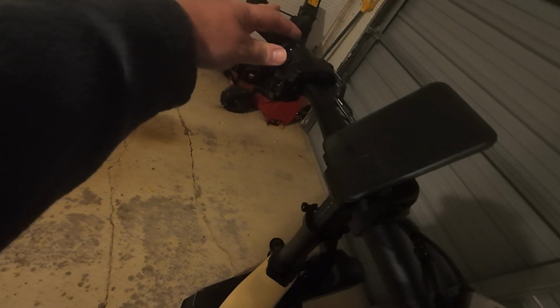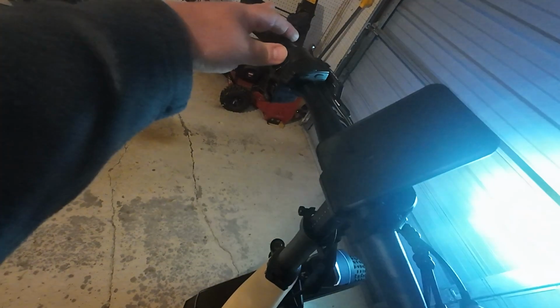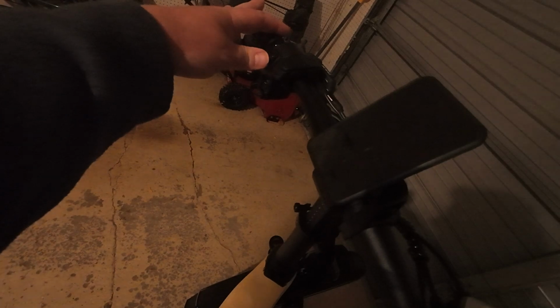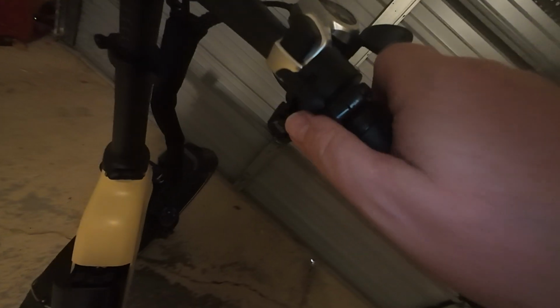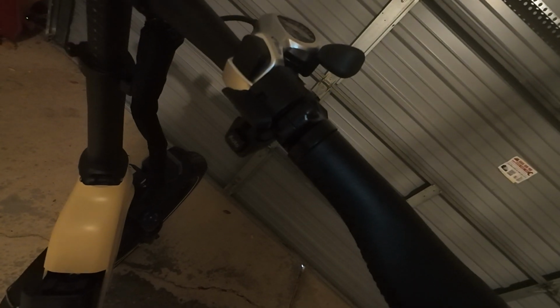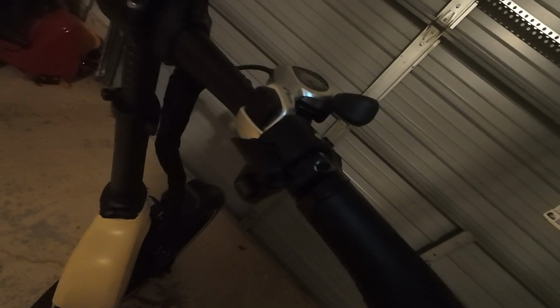So the Horizon has a manual switch for the headlights on the controllers, and it works whether the bike is turned on or not. You can see the bike's turned off right now, and the headlights will still come on. It also has another button for the automatic headlights, which is over here under the throttle. It's labeled auto. When you see that button, you might think it's a cruise control or something because it's not with the rest of the buttons, but it's actually the button to turn on and off the